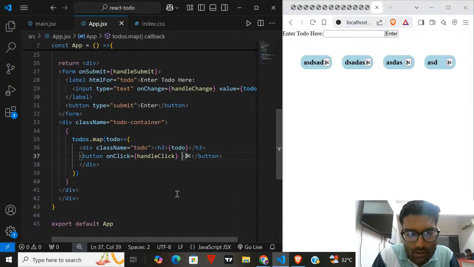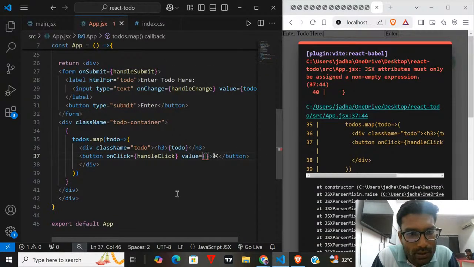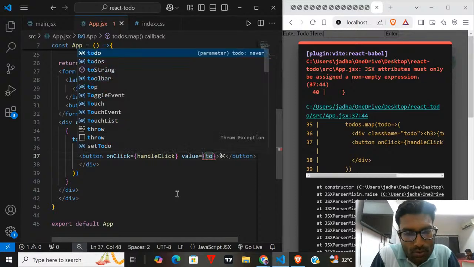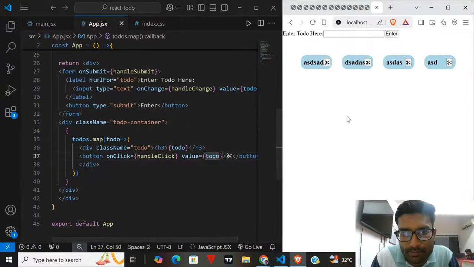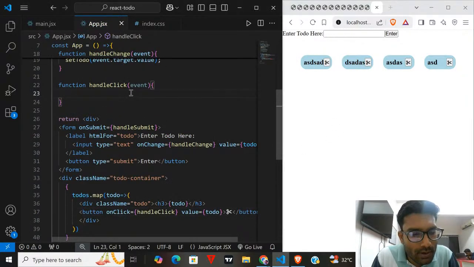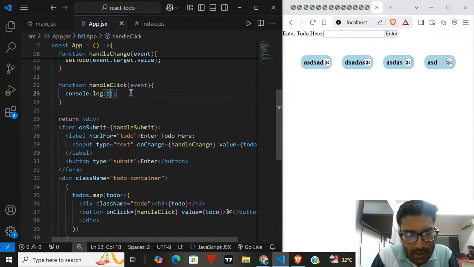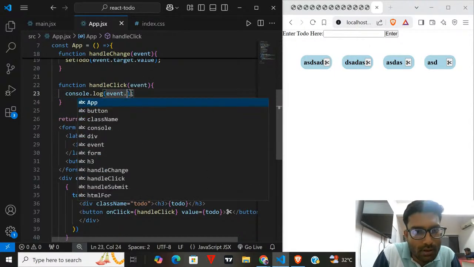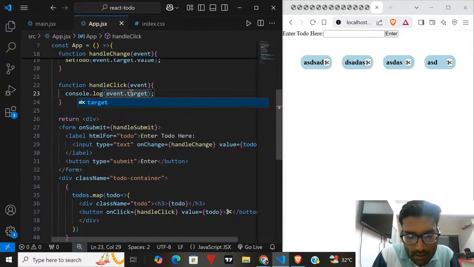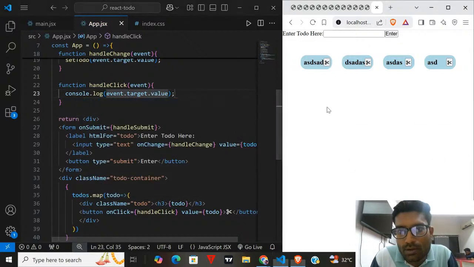So you can write value, value is equal to todo. So now if I console log event.target.value, let us check.